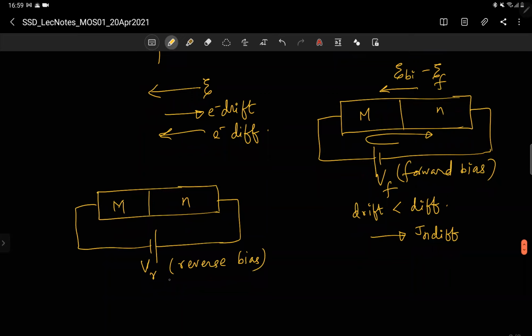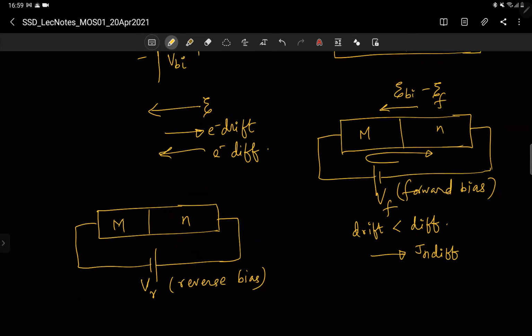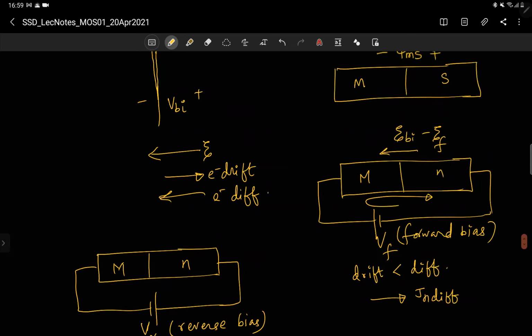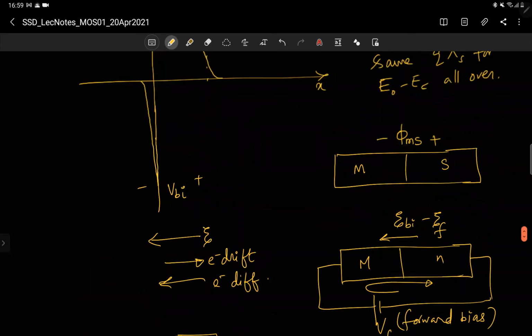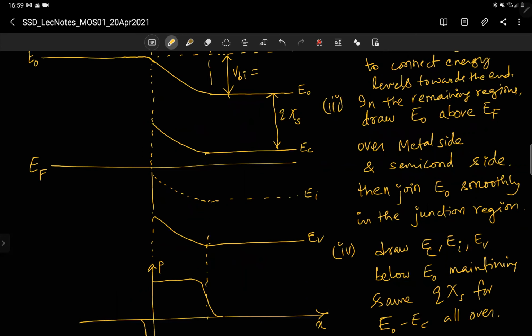So you have VR, reverse bias. The N side is connected to the positive terminal. So what happens is the N side energy levels go down. Already E naught is here, EC is here, and EF is here. So if these levels are pulled down, this can only happen by